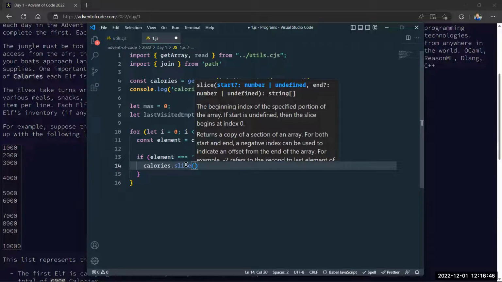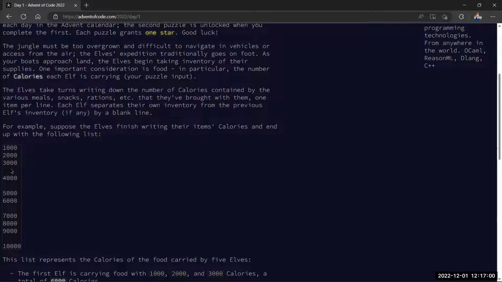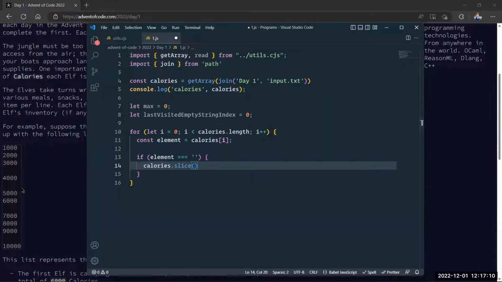Slice, basically, as the name suggests, returns a new array. The starting index is inclusive but the ending is exclusive, so we don't want to add the space. We want to start one after the space and end before the next space. So if the current one is 0, then 0 plus 1. If the current one is this one, from this place,